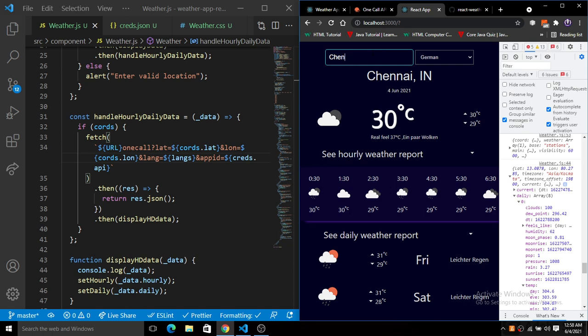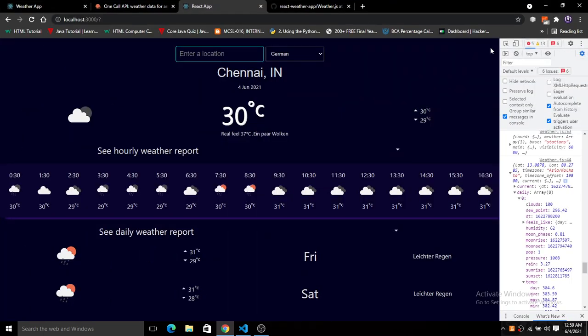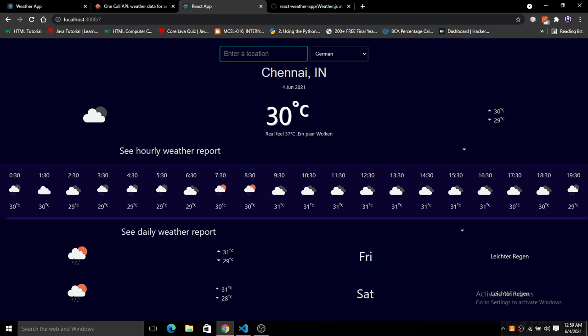Okay, now let's search for another thing here. We are done with this build. If you see here, we have already done the whole thing. Now we can play with this weather application. So now let's search for New Jersey, that is in the US. Hit the enter button. Now you can see here New Jersey, US, and the description that we have is in the selected language, that is German, right?